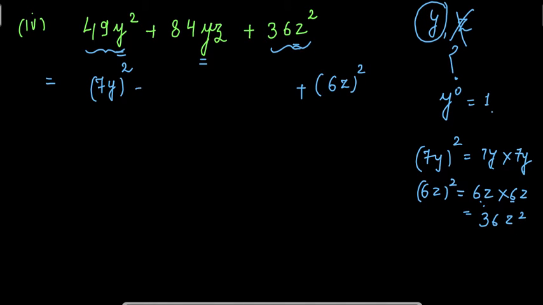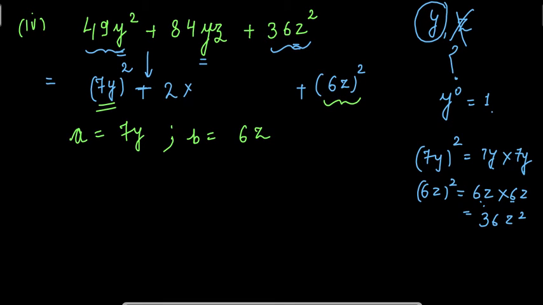Now middle term, here you have a plus sign which you will copy as it is. 2ab. What is my a here? You have to see what is your a here. Your a is this term, which is your 7y. Now what is your b here? Your b is 6z, right? So if you write it the same, 2ab, it means 2 into 7y into 6z. And if you take the product of this, how much is it coming? 2 sevens are 14, 14 6s are 84, into y into z gives you 84yz. So you get the same term, which is your 84yz.